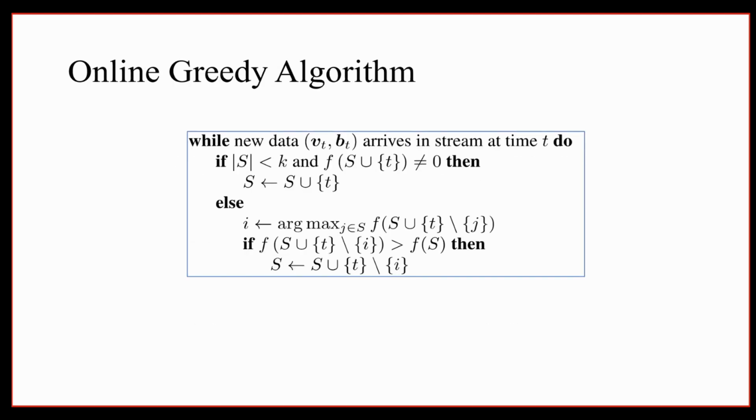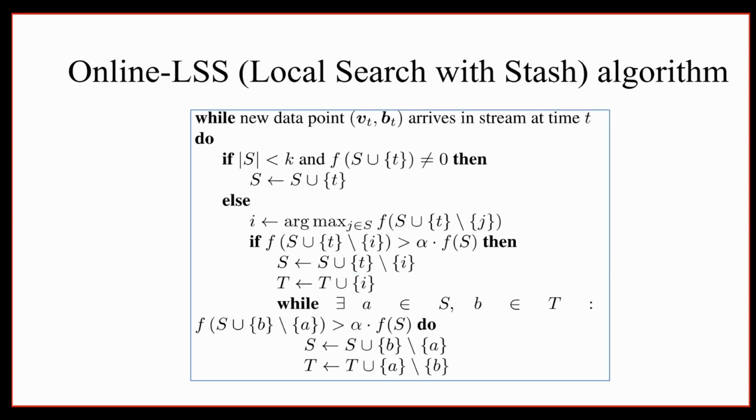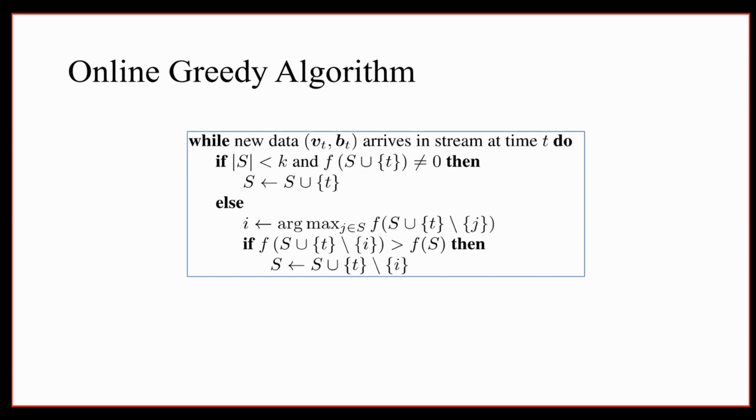And similarly, we have this algorithm called the online greedy algorithm. Here, what you do is initially you form a subset K by looking at the first K items. And then after that, whenever you see a new item, you look at all the items which you have and you take out one and you add that other item and you check if that is increasing your optimization objective value. And if it does, you increase it. So this is a simple algorithm and it's also been used in other settings. We just applied it to this particular non-symmetric DPP case.